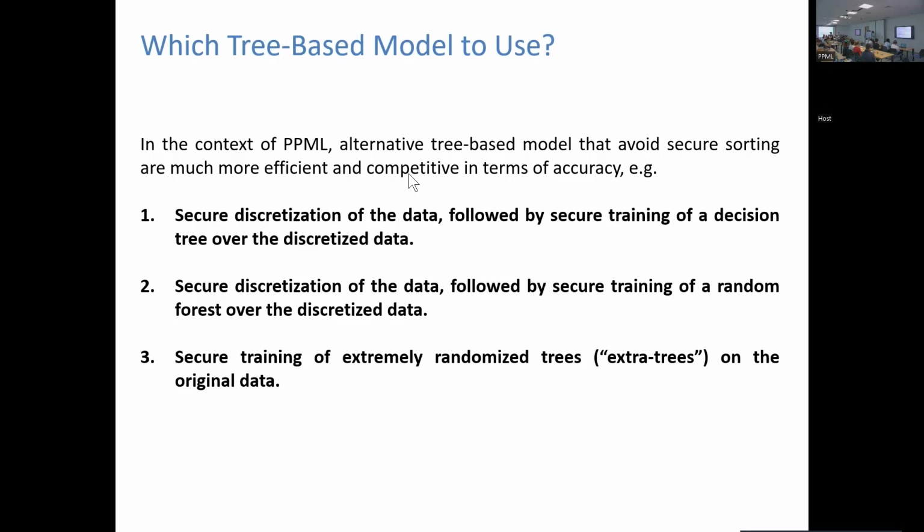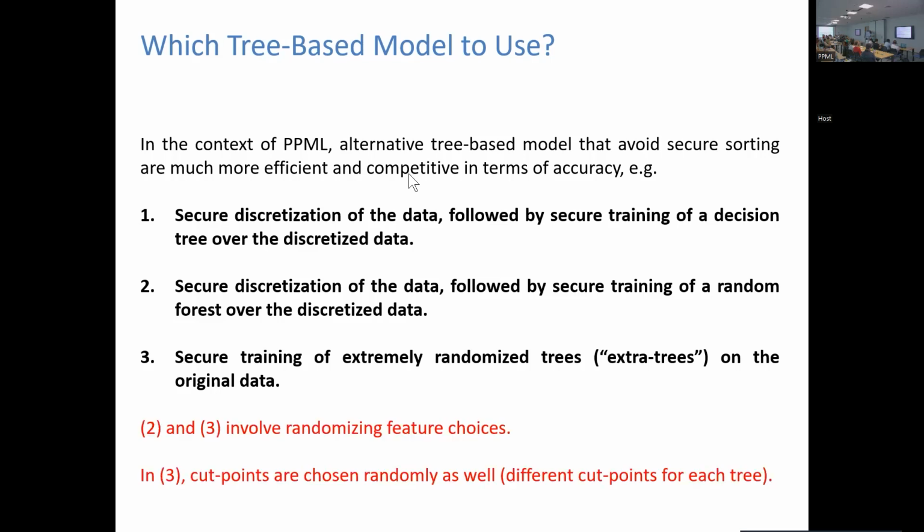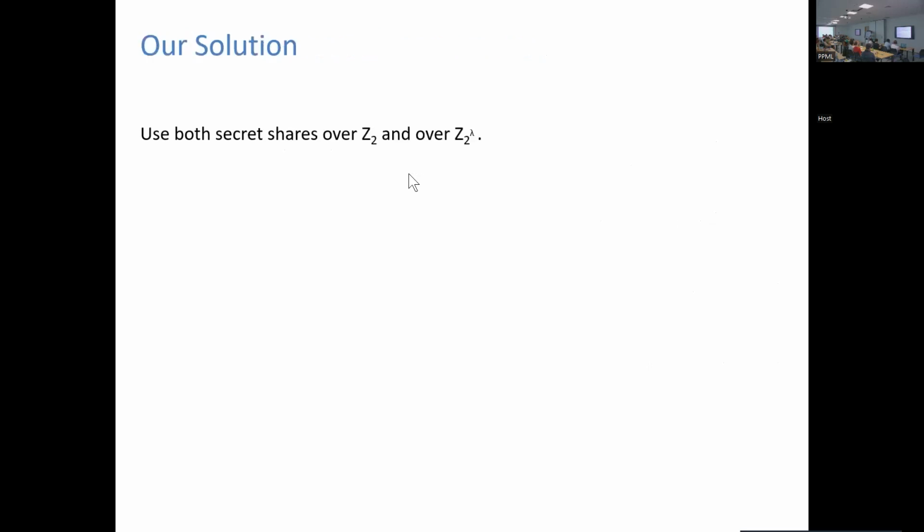And it turns out that extra trees, or extremely randomized trees, are competitive methodologically. And whenever you are doing this in a secure way, this saves you a lot, because now you don't have to do secure discretization anymore. You're just training a lot of trees that can be of lower depth and using random split points. Yeah, you can check the details in the PETS paper. I will not have time to go over it.